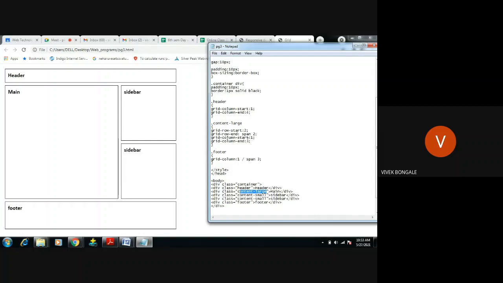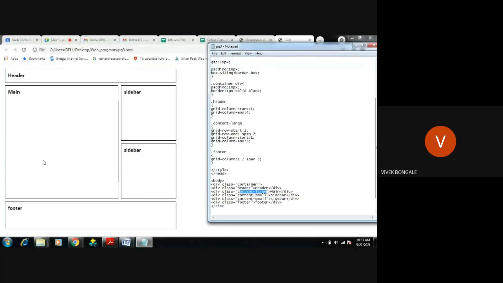See, I have not mentioned 4 here. It is 3 because I am utilizing up to 3 columns. 1 to 3 columns I am utilizing for the main function. Right? Means 3 columns and 2 rows are utilized for this main function. And I'm planning only 2 rows, not 3 rows. If I use 3 rows, this footer part will also be included here.